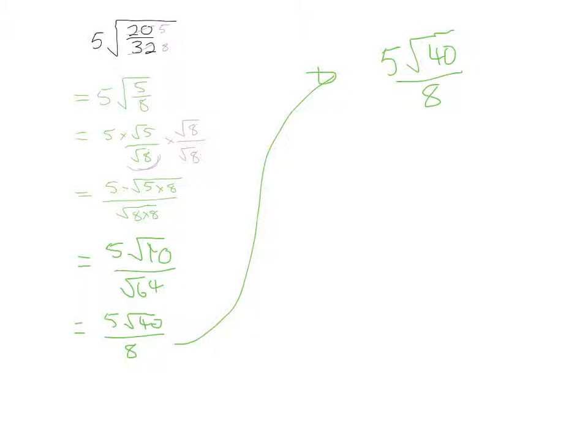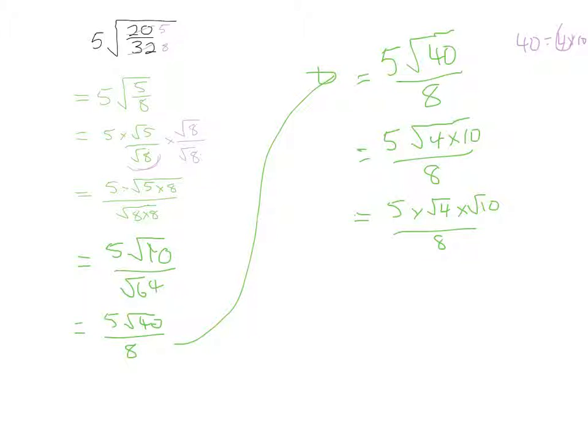We need to simplify the root 40. What's a perfect square that goes into 40? 40 is equal to 4 times 10. So 4 is a perfect square. That's the biggest one that will go into it. So that's equal to 5 times the square root of 4 times 10 over 8, which is equal to 5 times the square root of 4 times the square root of 10. I'm doing all these little baby steps in here. The square root of 4 is 2, so it's going to be 5 times 2 times root 10